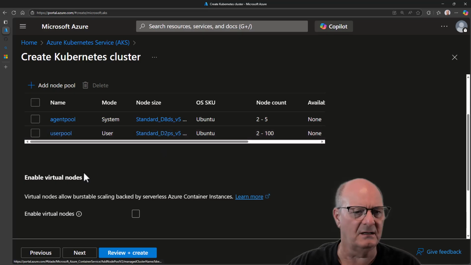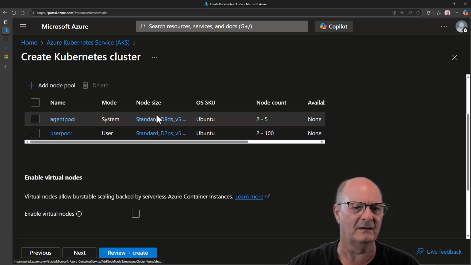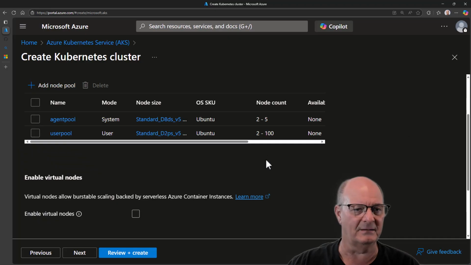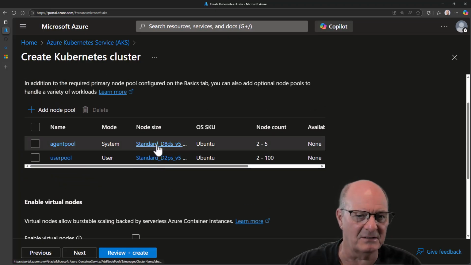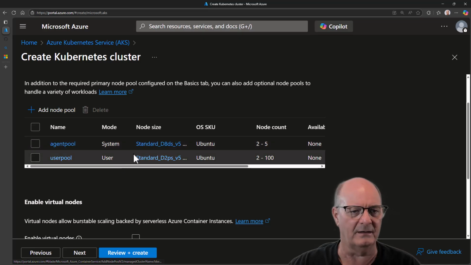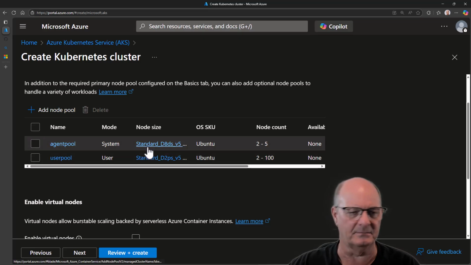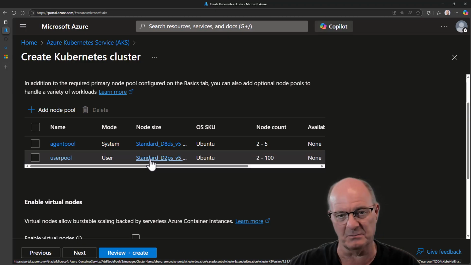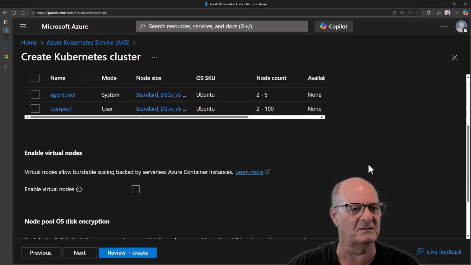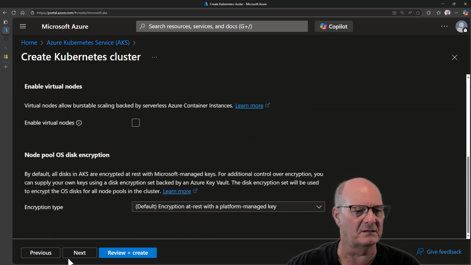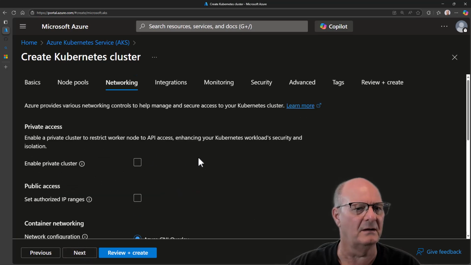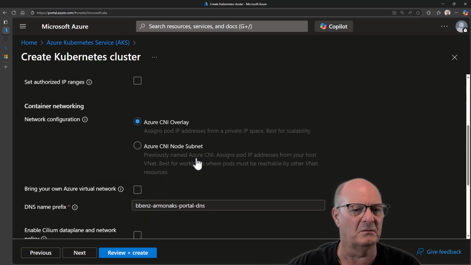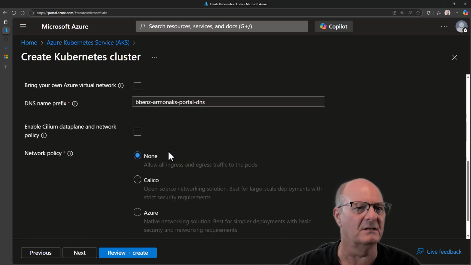Okay, and as you can see, the message went away now because we have allocation for the CPU. And as you can see here, we actually have a mixed environment. So the agent pool is going to be running on regular CPUs on Azure, and then the user pool is going to be running on ARM64. Okay, so the next thing we want to do is